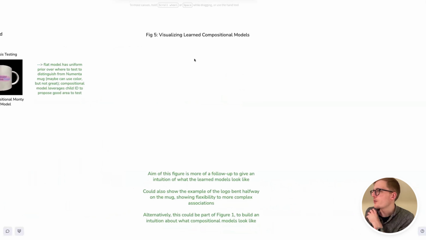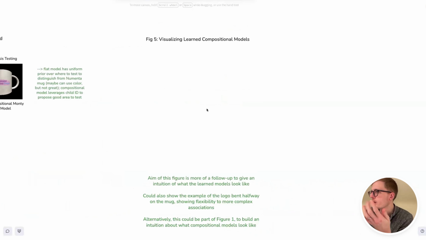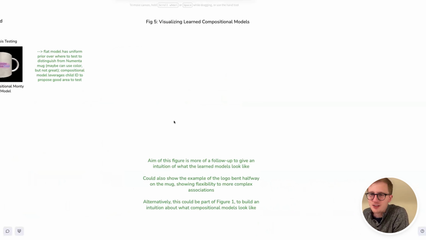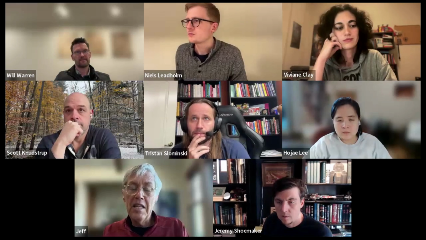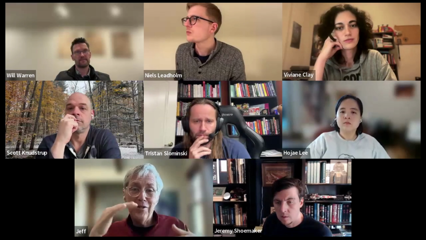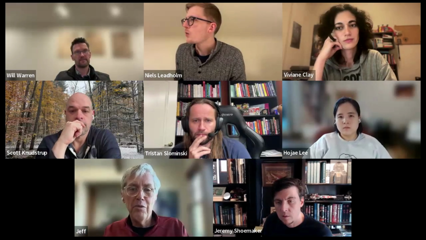But that essentially concludes the stuff on this. Again, if this was a paper, then somewhere in here we definitely want a figure. Maybe this would be part of figure one, actually visualizing what these learned compositional models look like. Ironically, I don't have any visualizations of this. What would a visualization look like? I think of the cortical hierarchy and showing where these representations are in the cortical hierarchy. But I don't know what you would do here.